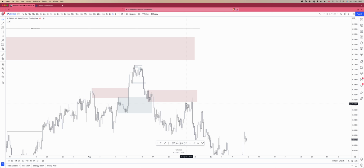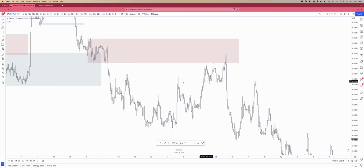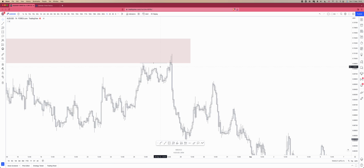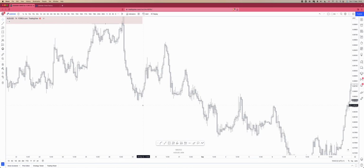You can see we've had a first tap here, had it get swept. Did price come back into this area? No, just about on the 4 hour. So possibly on the 1 hour we could have gotten a reaction. On the 1 hour we had a sweep, and then we just melted, never came back into the supply that I would be looking at here. Continue going to the downside, break of structure,